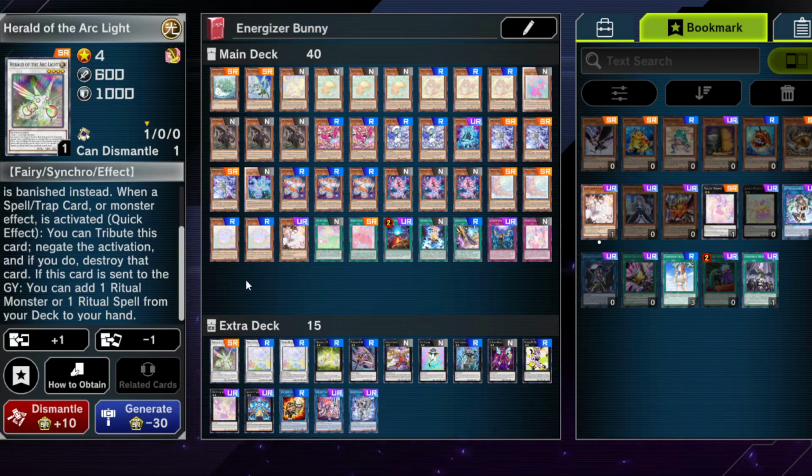I feel like Exosister does a better job, or literally just Branded and Necro Valley in the deck, even with things like Crystal Beasts and whatnot, because they can all search Necro Valley. It's probably a tiny bit better, but this one works at least somewhat, and you get to play a fun deck on the side, so I would definitely say it's not too bad, and it does have a unique-ish playstyle